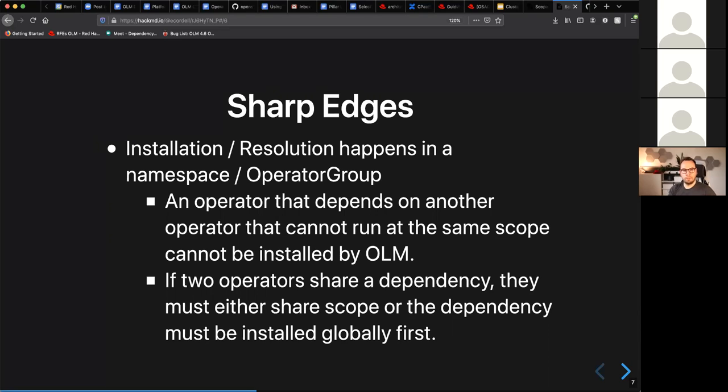So when we talk about interaction between dependent and dependency, it would always need to happen in the same namespaces that they watch with each other. The set of namespaces needs to intersect 100%, right? So the interaction pattern is defined as: if operator A requires operator B, it would only ever need to watch the same namespaces that both are watching. Sorry, that came out all garbled. What I'm saying is,